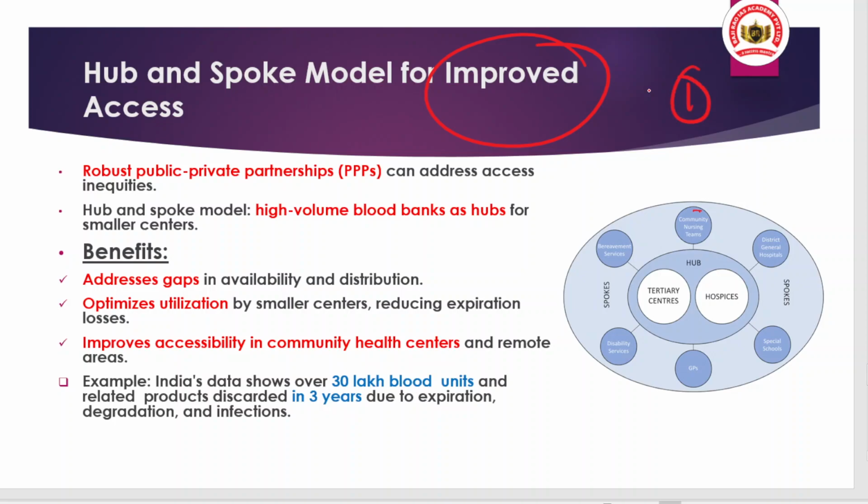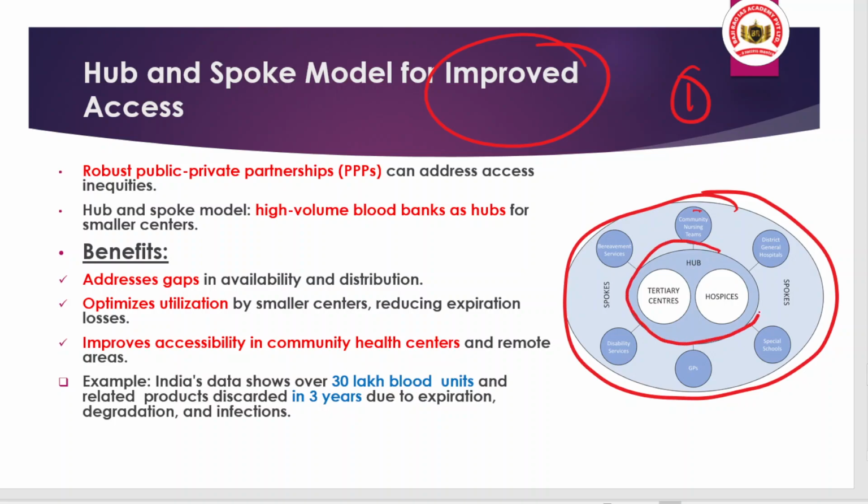The first is your hub and spoke model. We know that in India there are various states, and in various states there are blood donation campaigns, blood collection campaigns. Some states may have higher availability of blood than required, and some have less availability but the requirement is more. So what we can do here under the hub and spoke model,